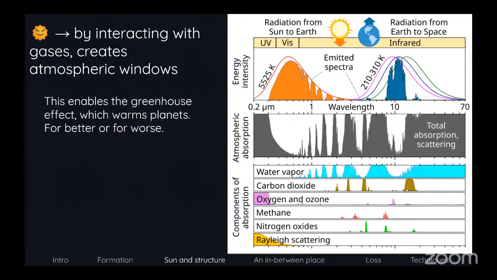As far as CO2 goes, you can see that this emission line right here, which sits at about 15 micrometers, is just outside of this atmospheric window. And this is where a lot of the greenhouse effect and climate warming comes into play. So we have enough CO2 in our atmosphere for this line to be pretty important, but as you can see, it's radiating where the atmosphere is mostly opaque, so that heat gets trapped.